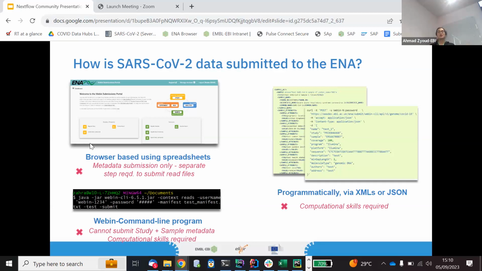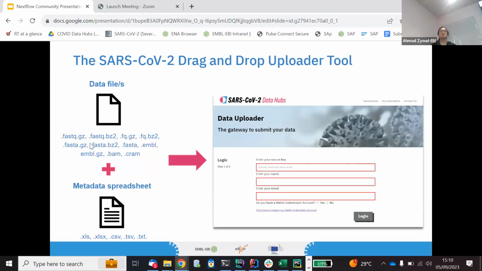WebInCli and the XML and JSON-based methods require a certain level of technical proficiency, which, with submitters who are, say, wet lab scientists, is not always the case. And if you have submitters who would like to publish a paper, and that's the reason why they're submitting data, this can often be a slight barrier to data submission, which is why the ENA and the